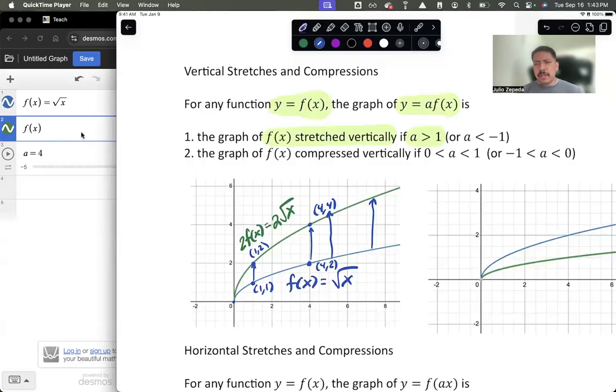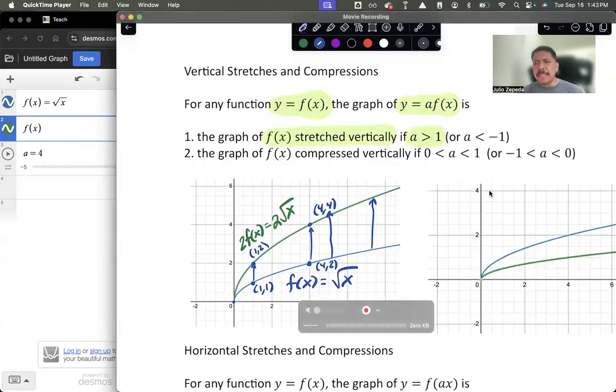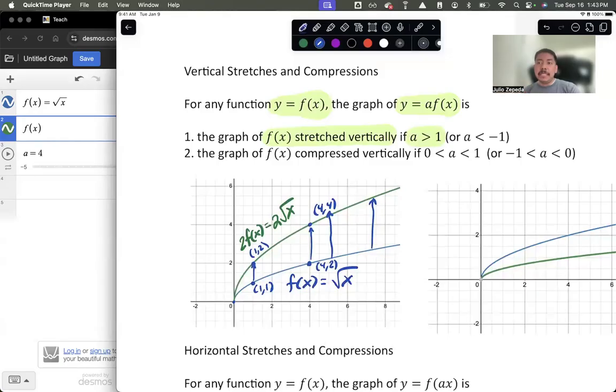Now, if you look in our textbook, you could also say that there's a vertical stretch when a is less than -1. But you also want to keep in mind that when a is less than -1, it's going to be negative, and therefore it's also going to be reflected about the x-axis, as we mentioned earlier. If you multiply by a negative, that's going to cause a reflection about the x-axis, and if a is less than -1, it's going to stretch it in the vertical direction. Okay,